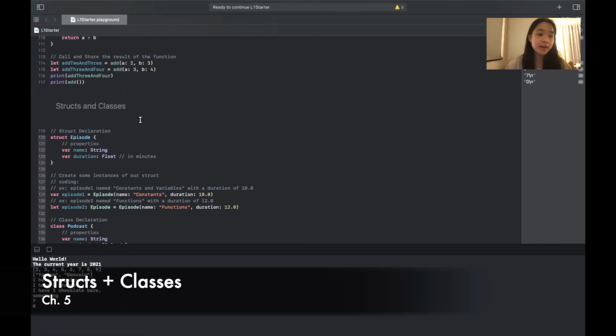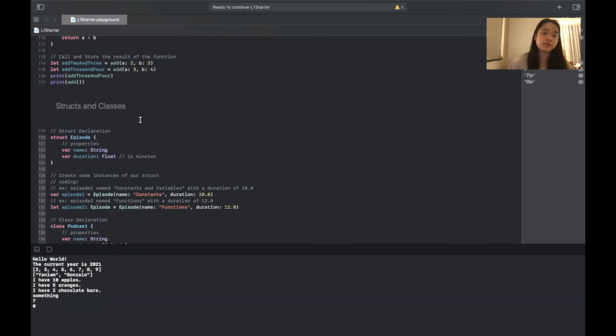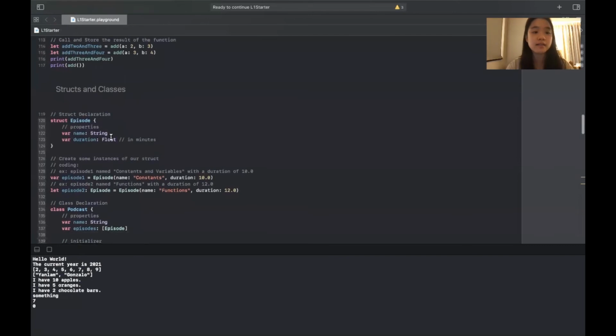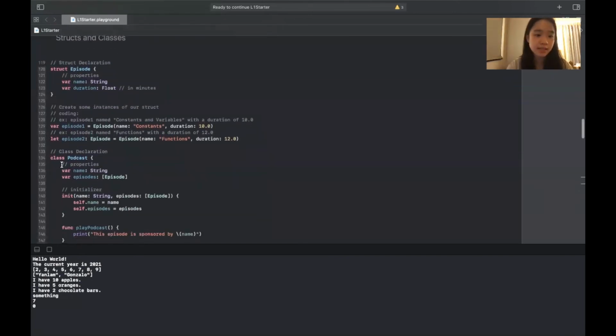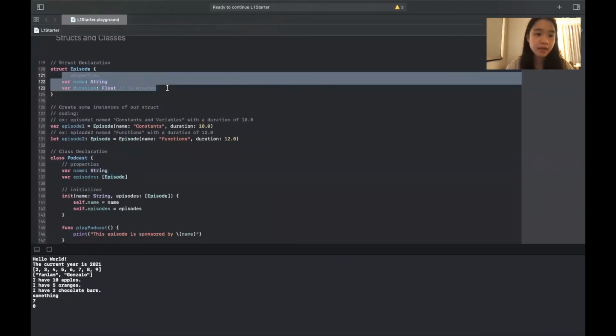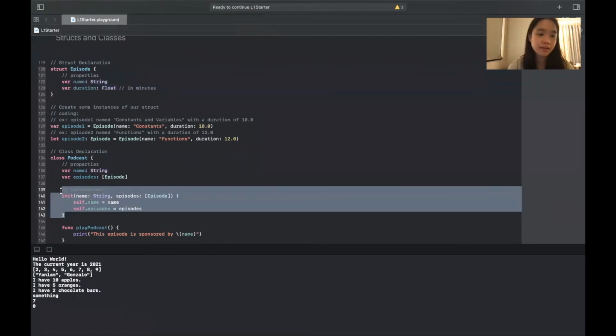All right, so now for structs and classes. Structs and classes are very important when it comes to creating objects in Swift. Structs and classes both have properties that we see here. And the main difference is that classes are reference objects while structs are value objects, and classes do require an